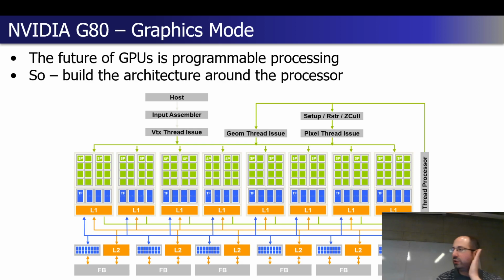Otherwise, though, and we've brought up a version of this picture in the past, I think we can still squint at this and see our SGP architecture, although we've made some slightly different design trade-offs here. Host, input side, get our vertices. Now it's vertex thread issue. Once we've fetched all the attributes for a vertex, that now becomes a software thread. We kind of do the same thing, right? We're kick-starting an invocation of our vertex shader when we have a new vertex coming in. There is a lot of hidden complexity here in terms of who is either kicking off those threads or managing all of those threads.